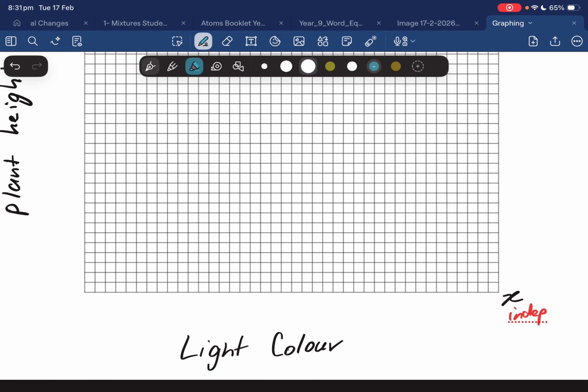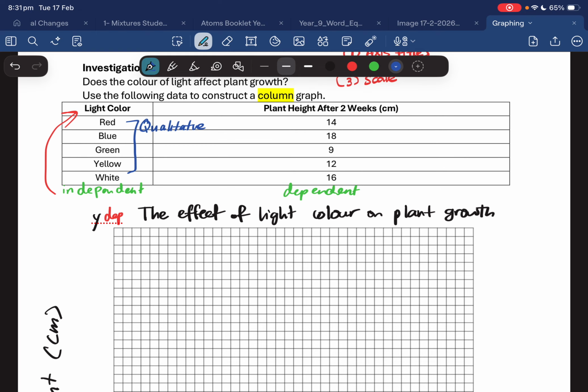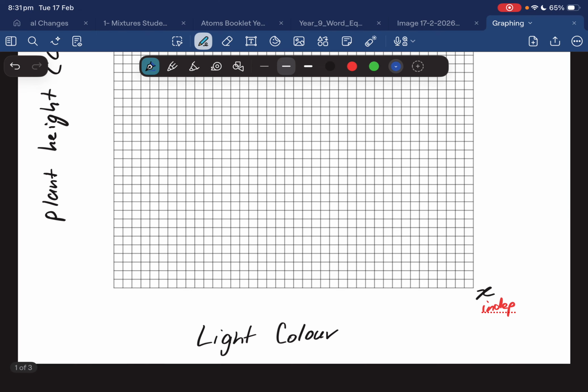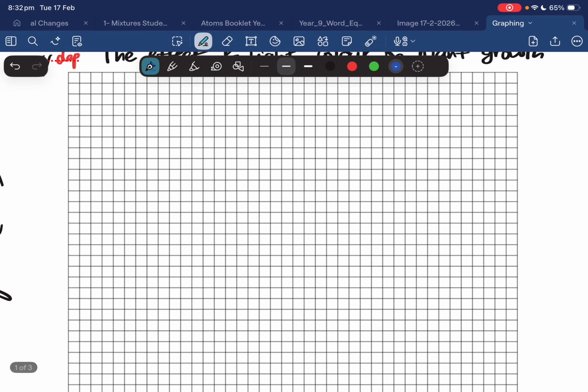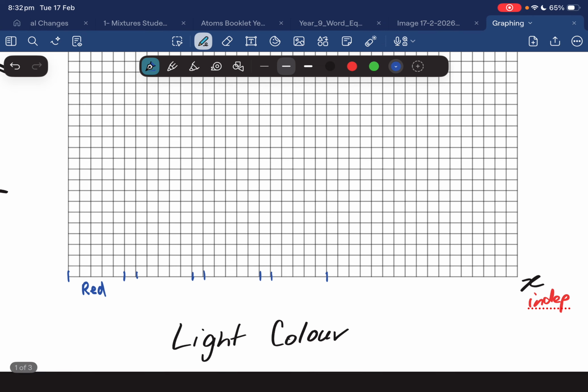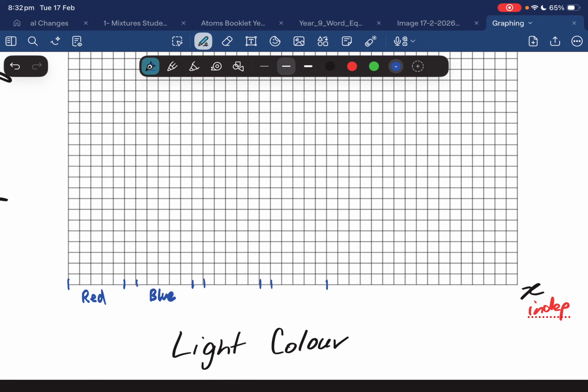Let me show you how I'm going to do my one. The first piece of data I have is red, blue, green, yellow, white. I'm going to choose to leave a gap. So I'm going to do 5. I'm going to leave 1 box gap. And then I'm going to do another 5. Leave a gap. Another box of 5. Leave a gap. Another box of 5. So I've got red. What else do I have? Blue, green, yellow, white. Blue, green, yellow,